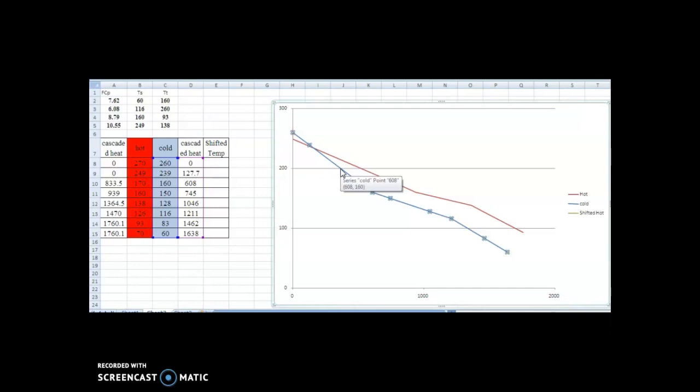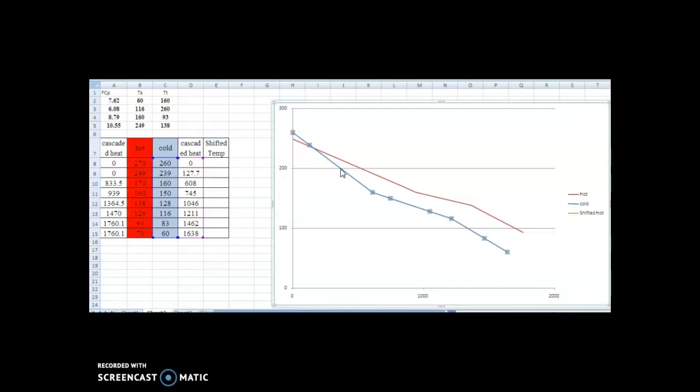So in this figure we have plotted the cascaded flow from the table, and we show both the hot and cold temperature scales on the right ordinate. Now we plot the hot cascaded data versus the temperature to get the hot composite curve, and the cold cascaded data versus the cold temperature to get the cold composite curve. We plot both starting in the upper right with the hot end of the stream. The hot is the solid line starting at the lower temperature and against the right vertical axis. The cold is the solid line starting at the high temperature, also against the right vertical axis.